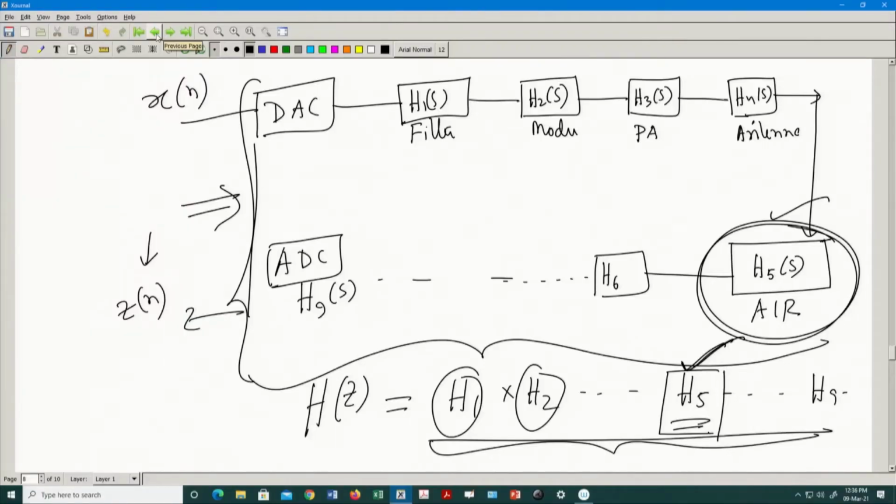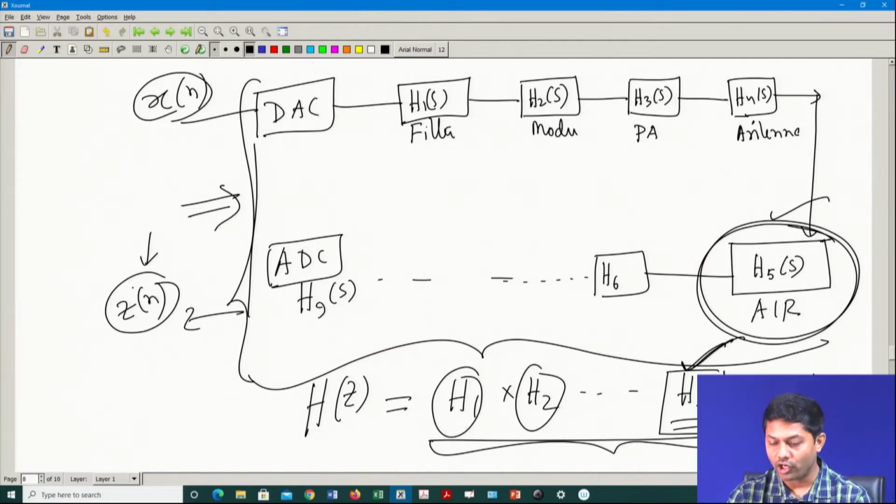So, we continue from the channel part, what we have discussed about the analog and digital systems in the last 1 or 2 classes. Now, we will be actually modeling the RF part. This is what we have discussed. If you look at what we have finally concluded in the last session, you will be transmitting Xn and observing Zn, and this whole thing will go through the complete chain of filters.